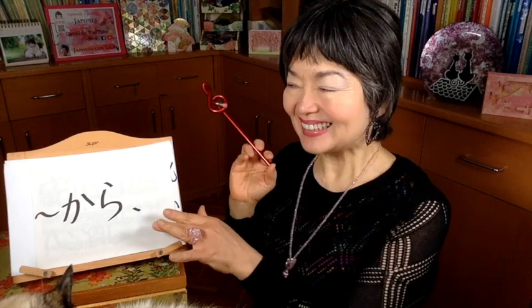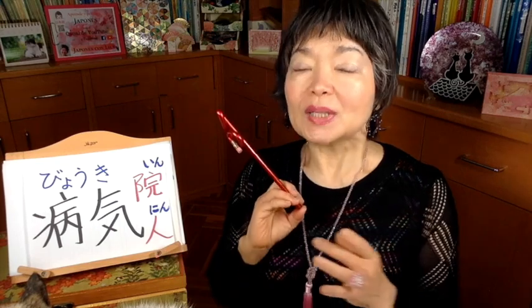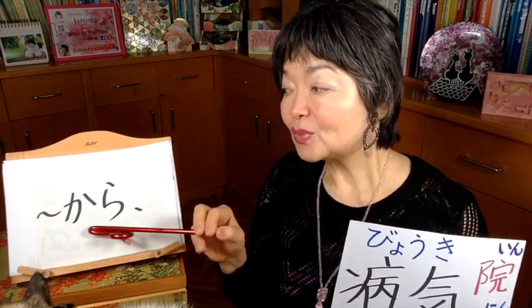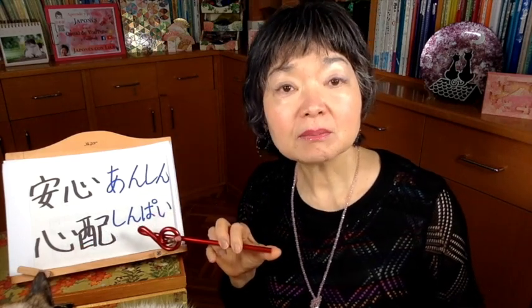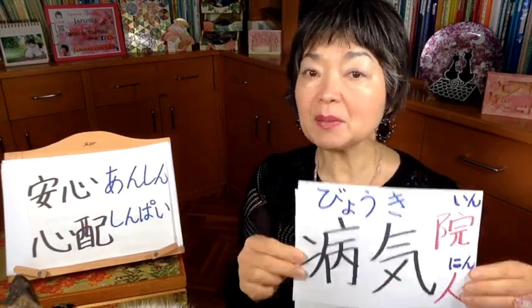おばあちゃんは元気ですから安心です。So this is how to use this から。More example. 私の友達は、友達 friend。私の友達は今病気です。私の友達は今病気ですから My friend is sick now, so から、私の友達は今病気ですからとても心配です。I'm worried. とても心配です。